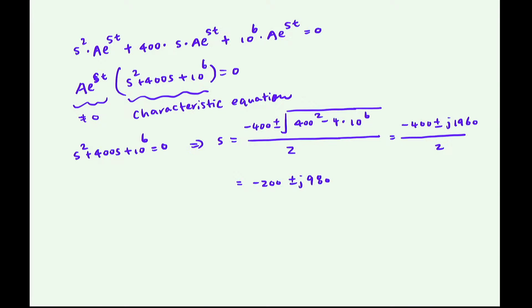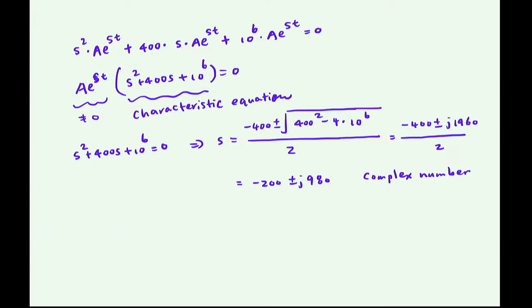Okay, so we have two complex roots. 好，算出来之后是复数。